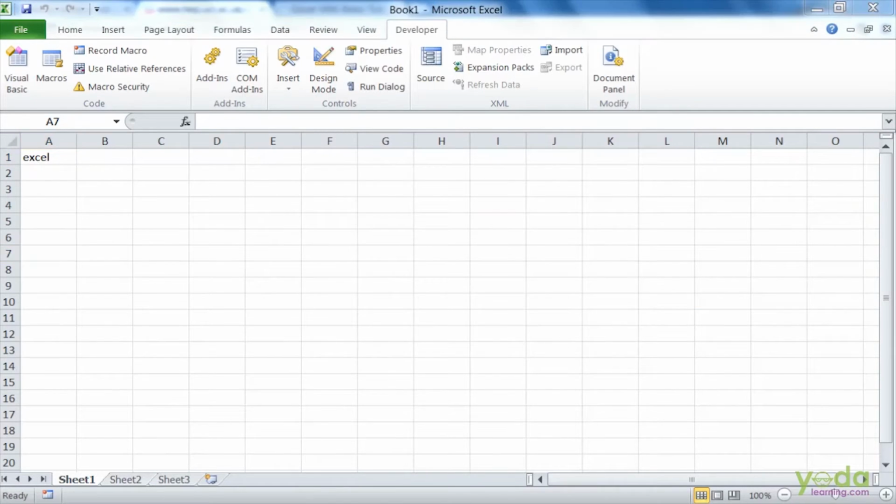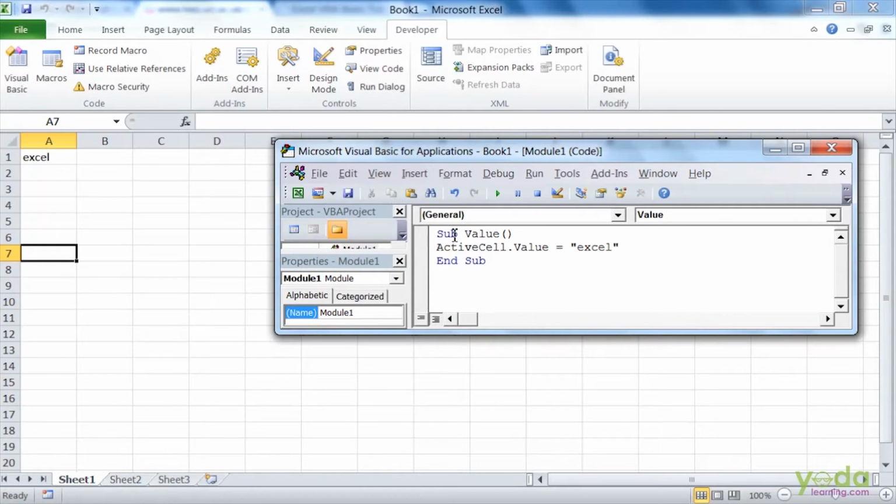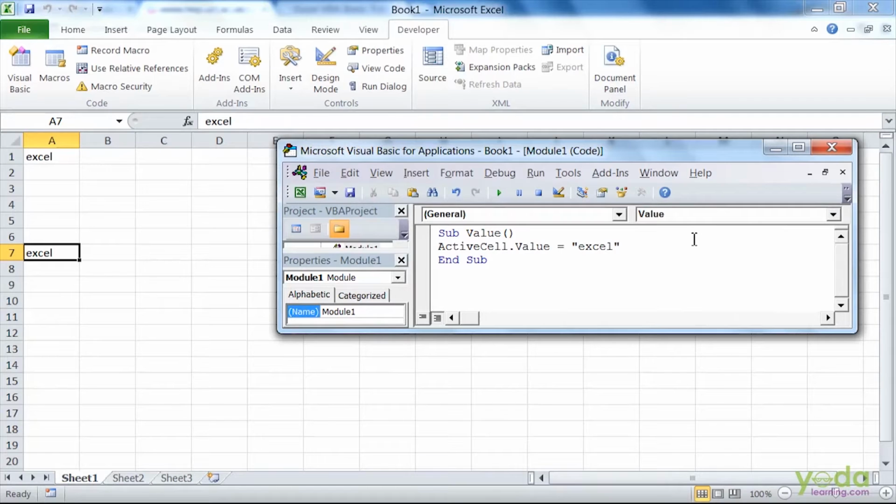Now if I go to some other cell and I run the code again, the same thing, whichever is my active cell, the value Excel will be typed in there. So that was how to create a sub procedure in Excel VBA. So see you in the next video.